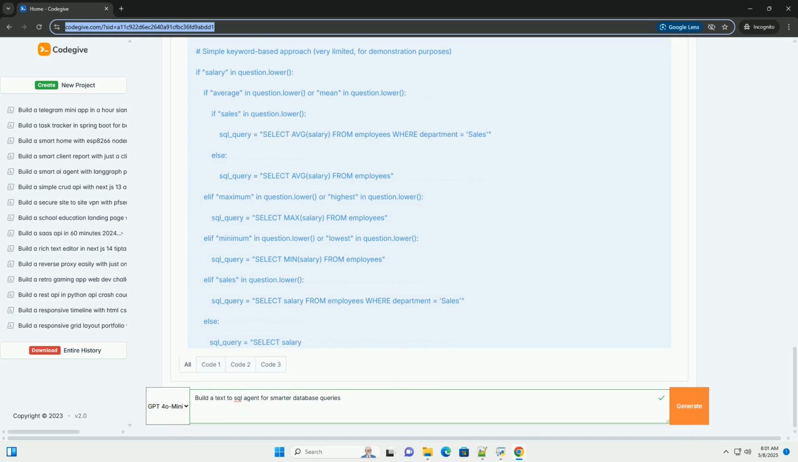2. Architecture of a text-to-SQL agent. A typical text-to-SQL agent architecture involves several key components. 1. Natural language understanding, NLU. This is the core component responsible for processing the user's question. It typically involves